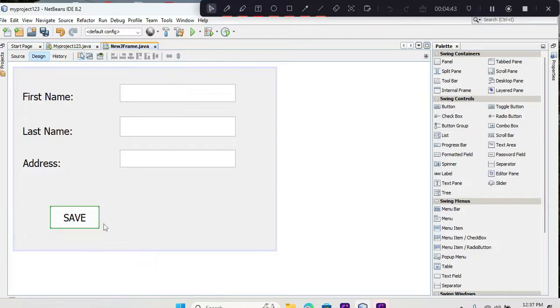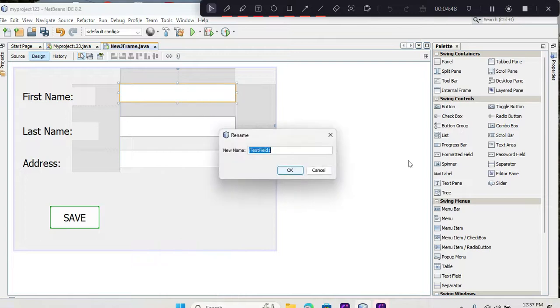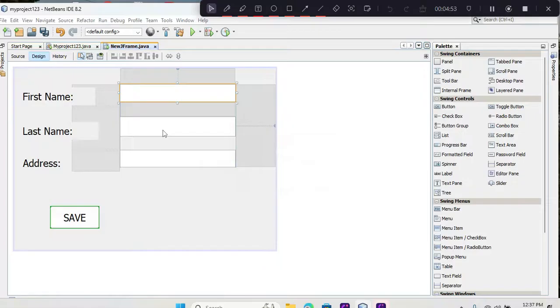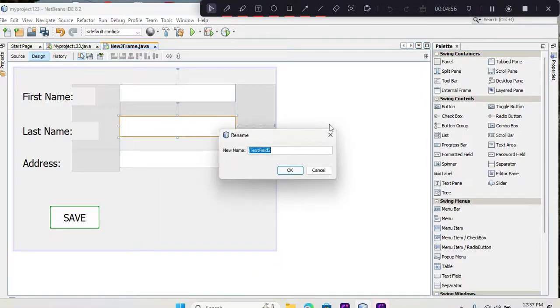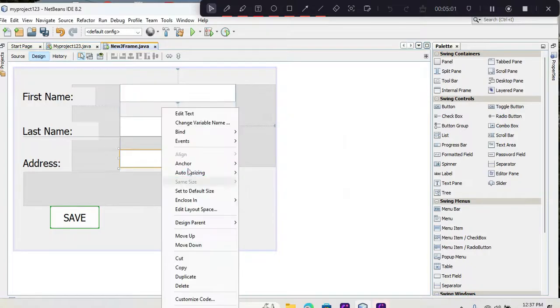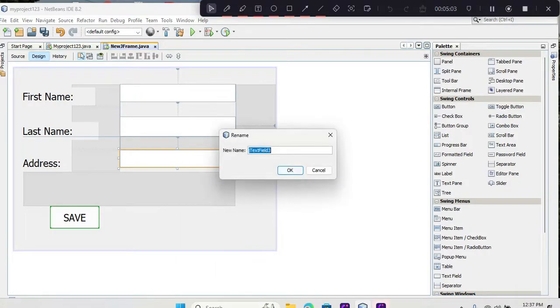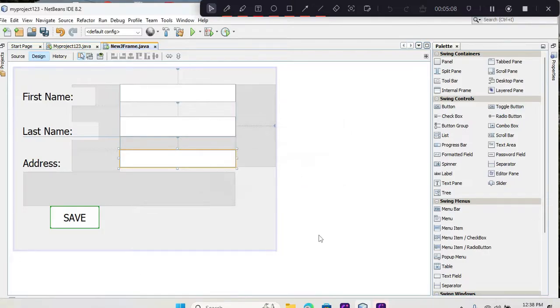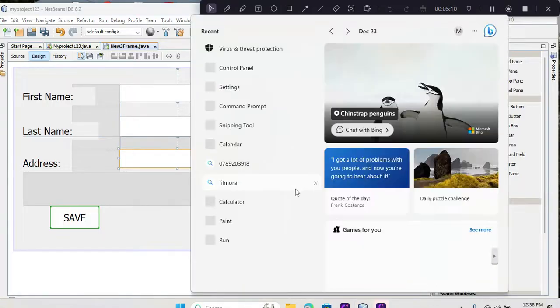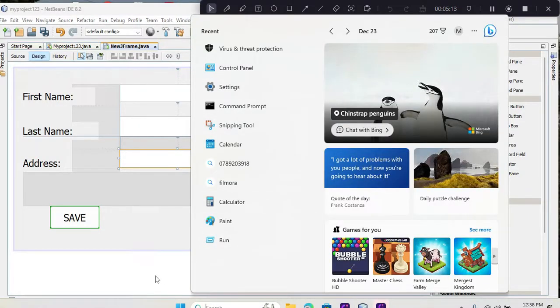Right. So next thing to do is to change variable name. Let's say fname. I go to this one, change variable name to lname. I go to this one, change variable to add for address. Okay. Next thing to do is to create a database, but since I have a database created already, let's first open my SQL